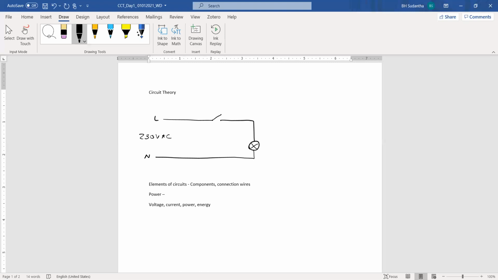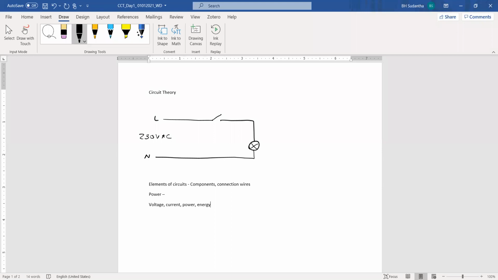Generally, these are the things we are going to discuss under this circuit theory. But again, I have to tell you that we are not going to discuss any kind of advanced electronic circuits, and we are just dealing with some very basic circuits. Then you can relax, that you don't have much more time to do those things, and you are not going to understand very difficult theories. The very basic things, the fundamentals, we are going to discuss. And if you know the fundamentals, at any time you can go beyond that. Okay, so our focus is the fundamentals, and we are going to learn most of these things.